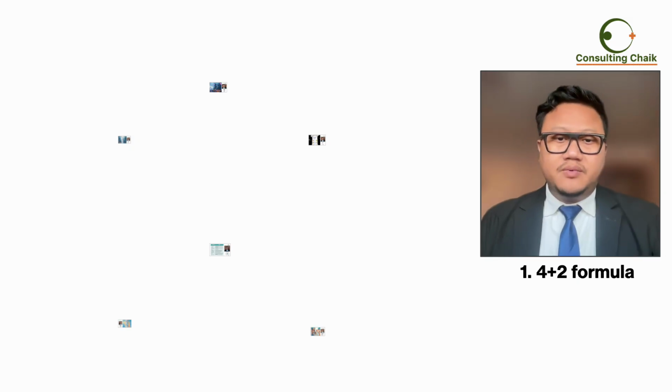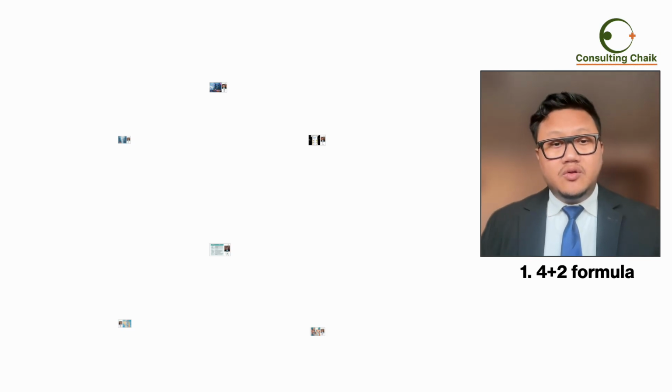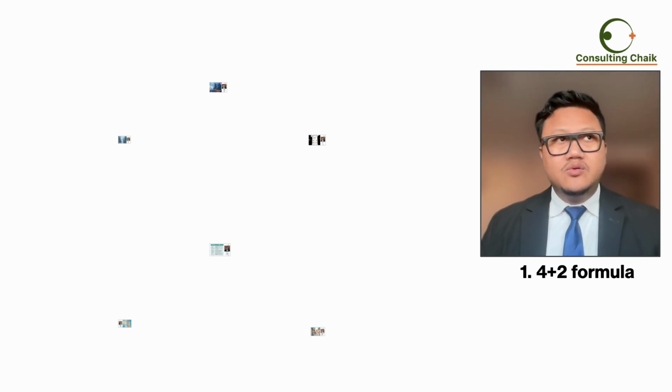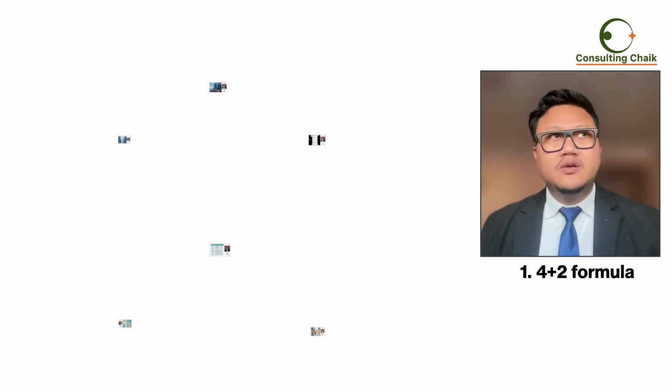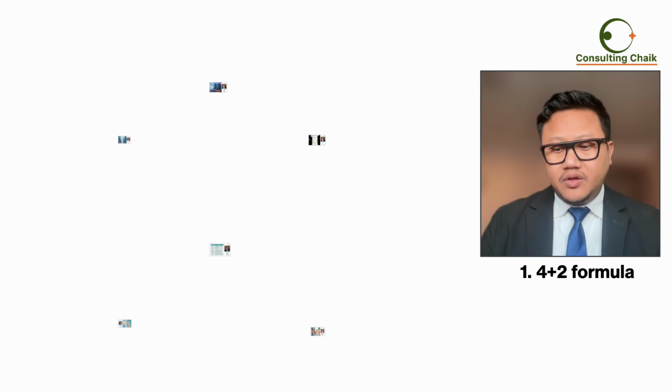The first one, the 4+2 formula. To understand this 4+2 formula of hospital management: the four pillars of hospital management, and with the two things, your hospital will run like anything. It will run in automation, it will run freely. Okay, 4 pillars. Without these pillars, you cannot do anything. If any of these 4 are compromised, then your hospital will suffer.